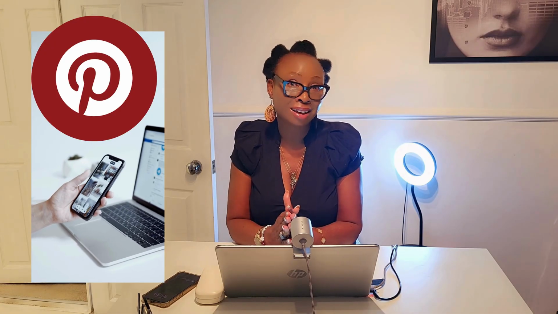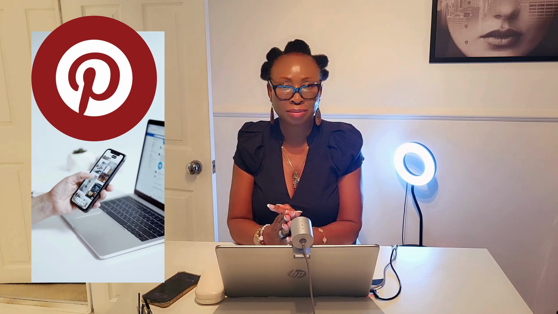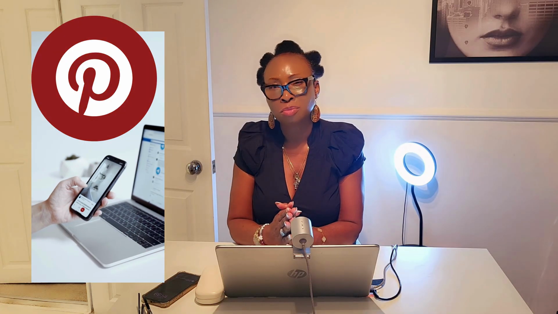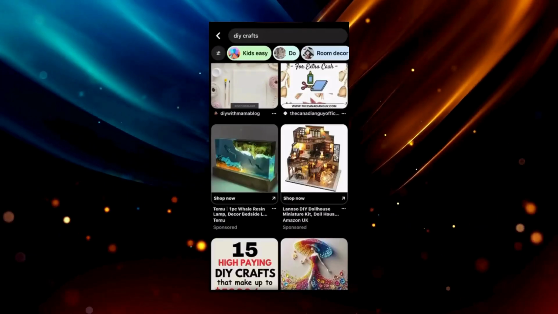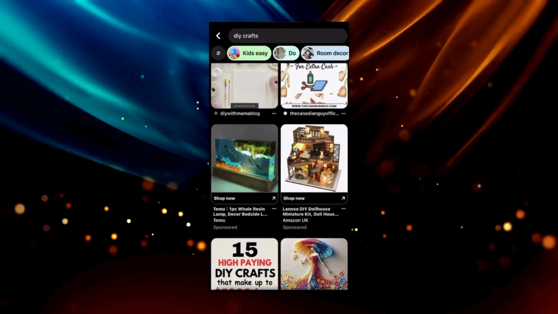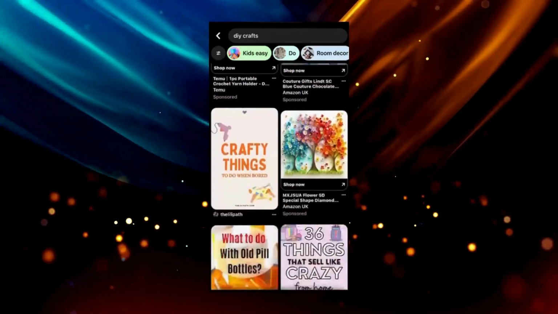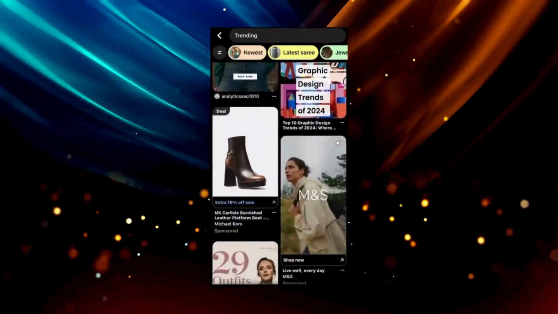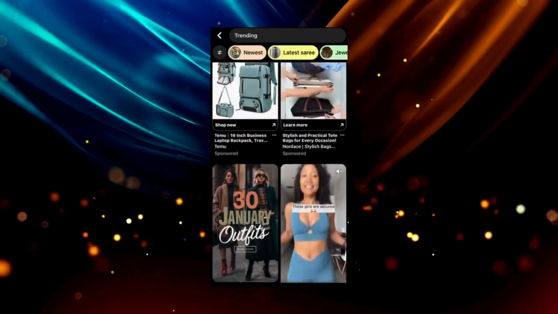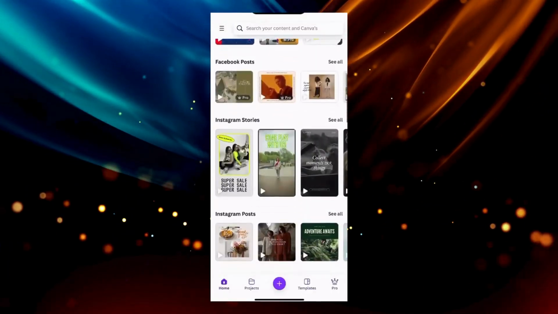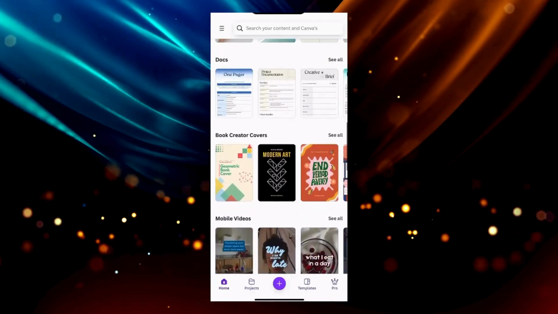You can create a Pinterest account for free and start creating your pin. Now, there's a platform that is so good with Pinterest pins, and that platform is Canva. When you create your free Pinterest account, find popular content like DIY tips or trending recipes and link back to affiliate products or monetized blogs. Like I said, Canva is a great tool for designing eye-catching pins for free.